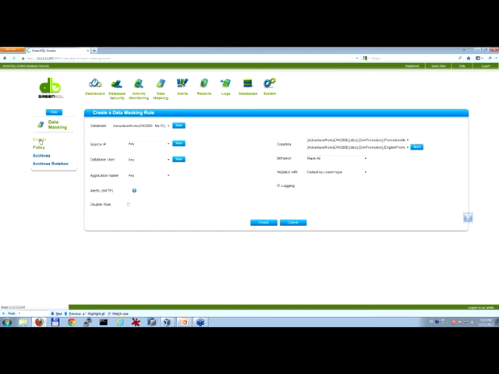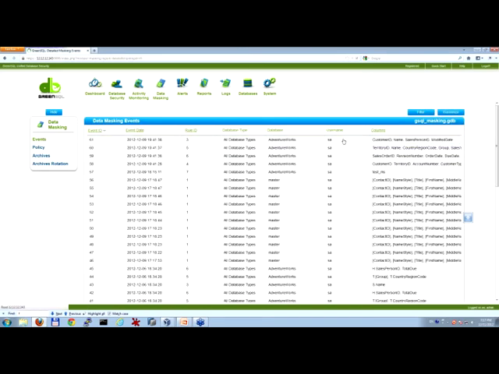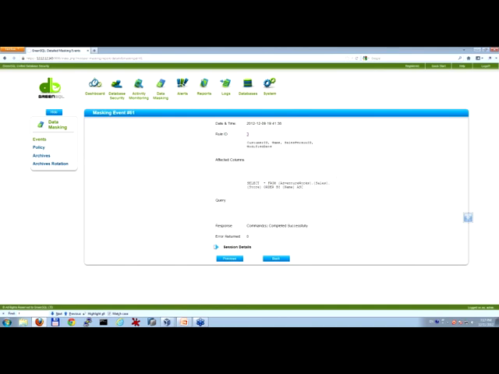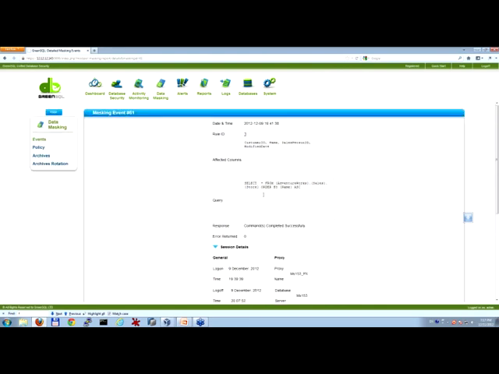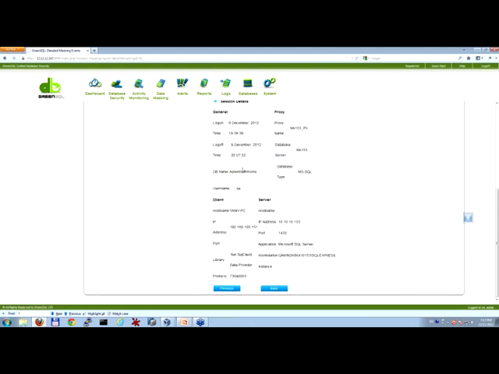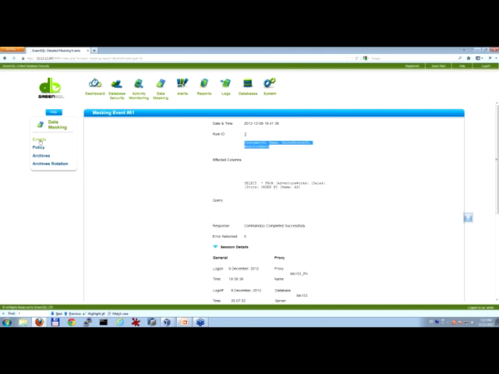Which means that if someone tries to access information inside of my database, even with a legitimate application, and he's not allowed to see the information inside those specific columns, he will only see masked information when he tries to retrieve it.